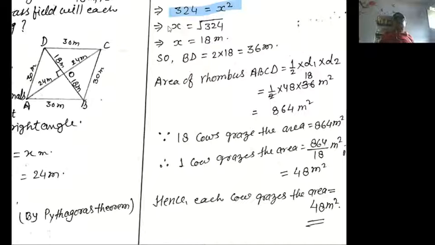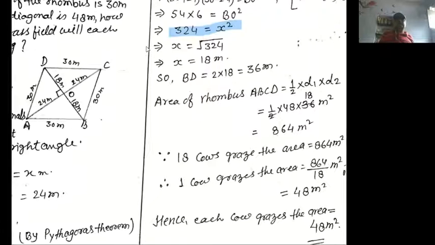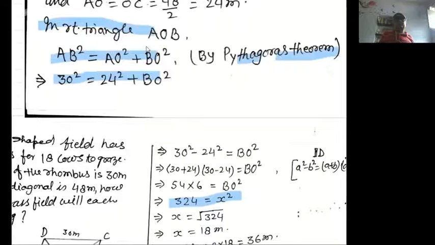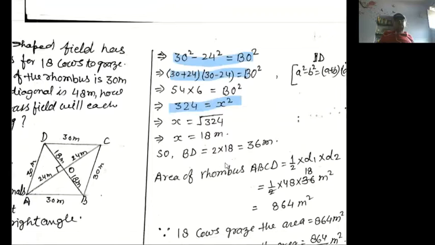You can put the value directly, but I have put here using identity. A square minus B square equal to A plus B into A minus B. So 30 square minus 24 square equal to 30 plus 24 into 30 minus 24. That is 54 into 6 equal to OB square